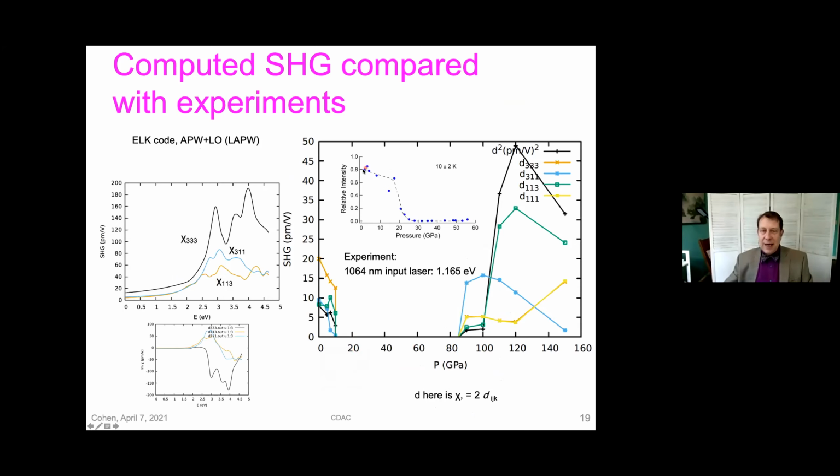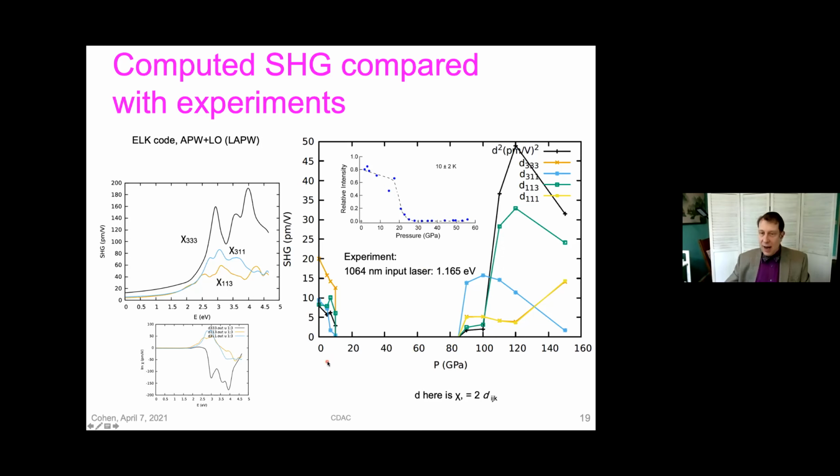So the experiments, again, to refresh your memory, are shown here in this inset. And this is at 10 Kelvin by Mukhtar et al. And you see the SHG intensity as a function of pressure. Here it seems to be going to a somewhat higher pressure than at room temperature, and that's consistent with these monoclinic phases at low temperatures. But then above 30 GPa, you see it's essentially zero. Well, is zero measurable.